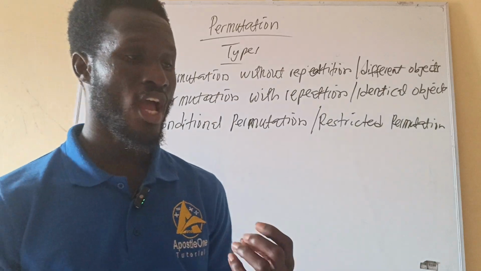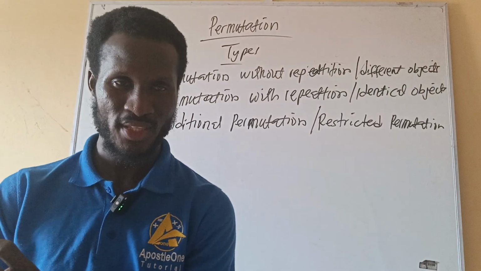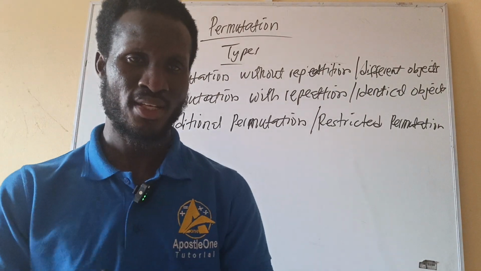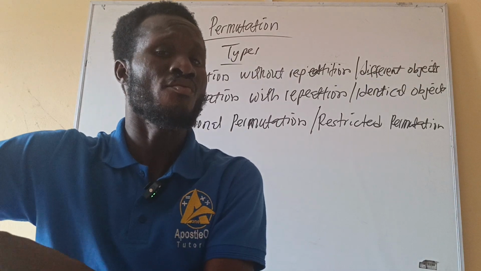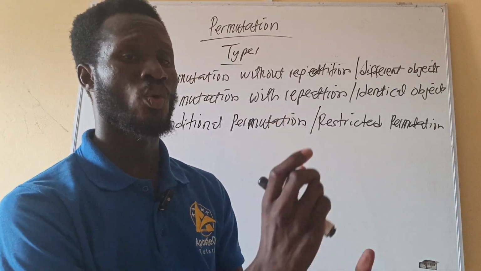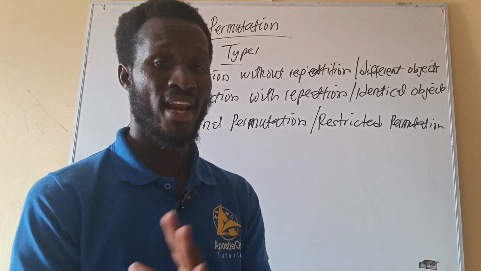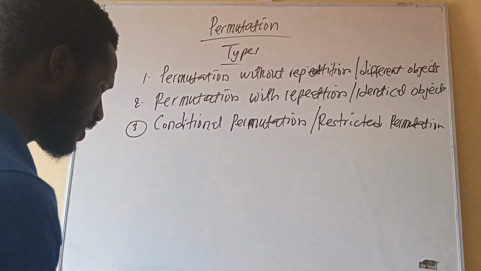I'm talking about a situation where we are supposed to arrange something, but there is a restriction, there are some conditions involved. So we need to look at that particular condition and then we see how we can arrange. Example, let's say